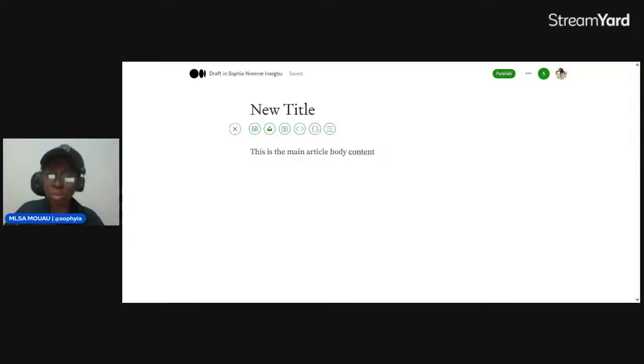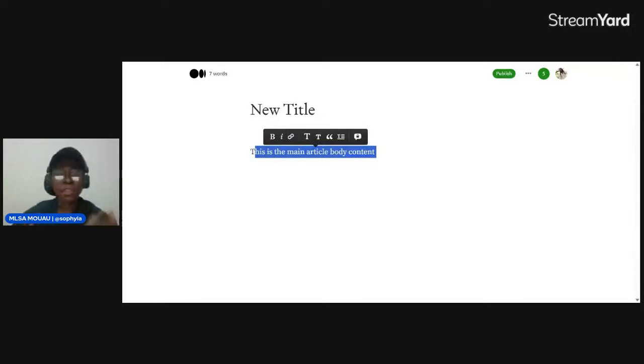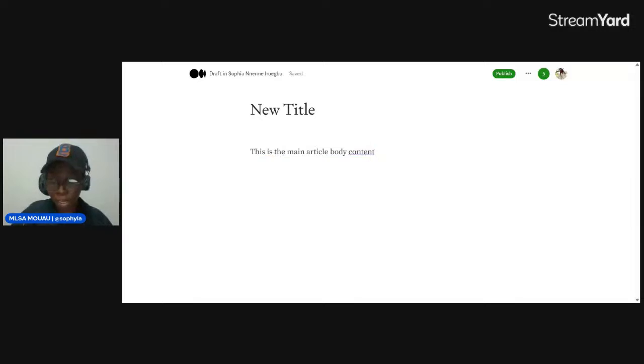The code block is for when you are writing on software or code-related content; you use this to add your code. Then this one is to add a new part. Let's say you decide to have three parts. The first part of your article might be this.